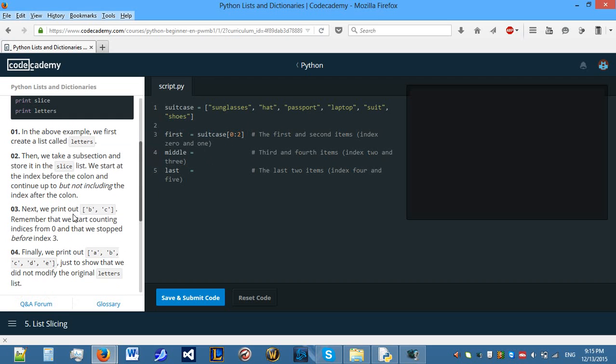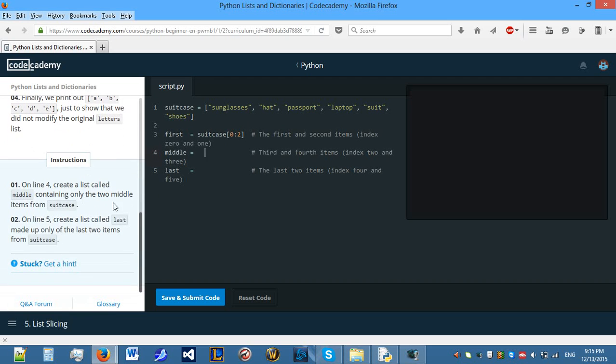So what this task wants us to do is on line 4 create a list called middle, so that's already been done for us, containing only the 2 middle items from suitcase. So what are the 2 middle items? Passport and laptop. So how you can do this is suitcase, square brackets, and 0 1 2, so 2 colon 3,